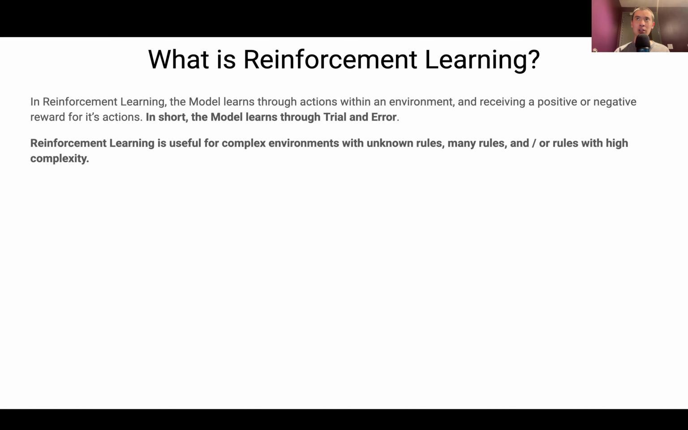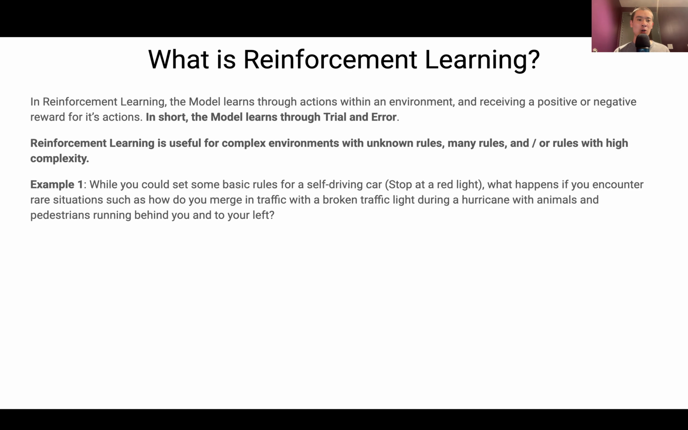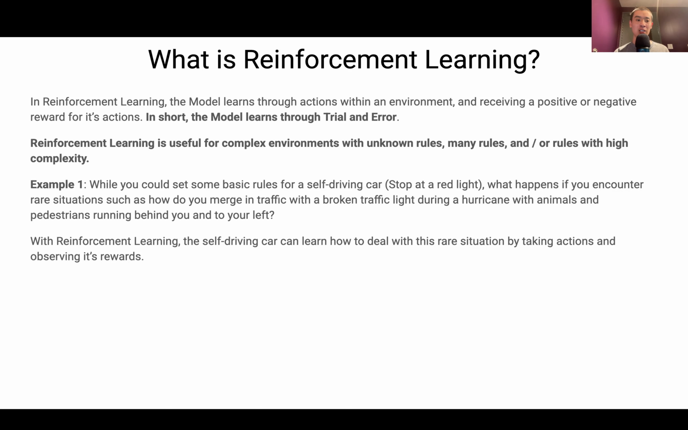So, what's an obvious example of this? Well, while you could set up some basic rules for a self driving car, like stop at a red light, what happens if you encounter rare situations, such as how do you merge in traffic with a broken traffic light during a hurricane with animals and pedestrians running behind you and to your left? It's not going to be easy to program rules for that really rare and crazy situation. But with reinforcement learning, the self driving car can learn how to deal with this rare situation by taking actions